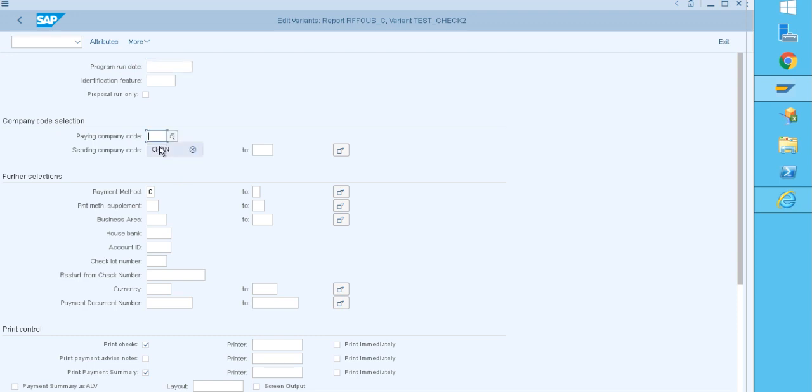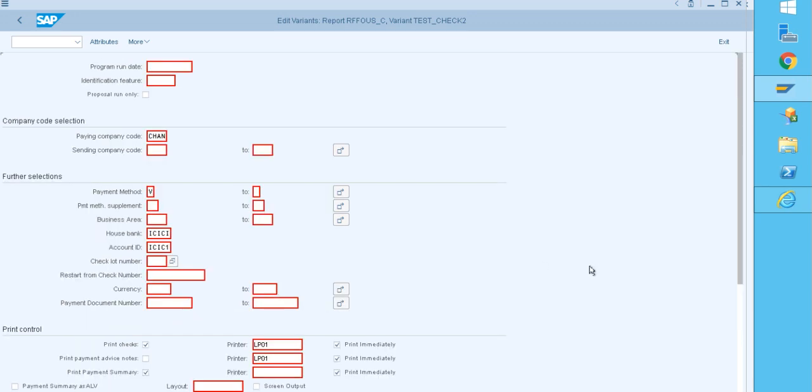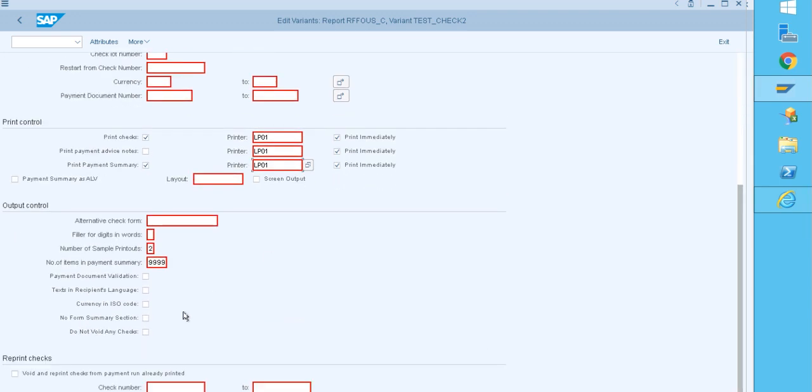The paying company code is your main company code, the payment method is V, and then give the house bank and account ID. Select print immediately, because I need to see the check. Give printer LP01 and select do not void any checks.